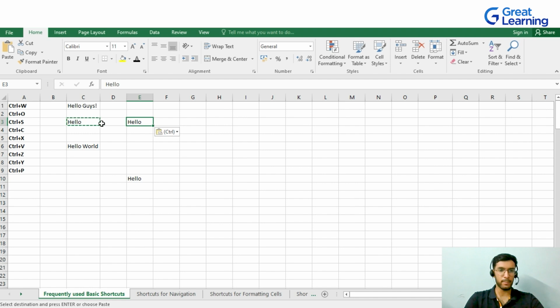Just now I copy and pasted it in this cell. Now Control X is used to cut the contents from the cell and then paste it wherever you require. So what exactly is Control Z? Control Z is used to undo whatever you had done earlier. So if I mistakenly pressed Control C and pasted it in different places where I was not supposed to paste it, and I want to undo this, I'll just press Control Z